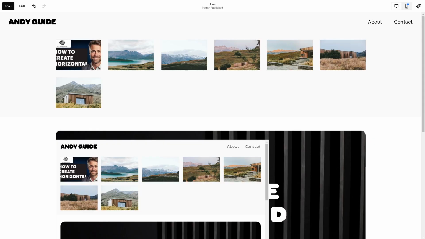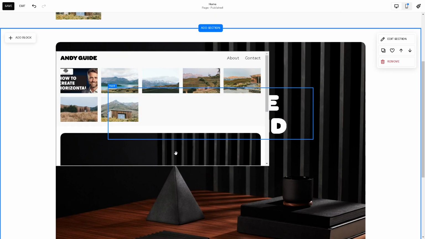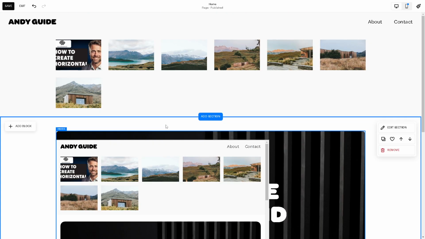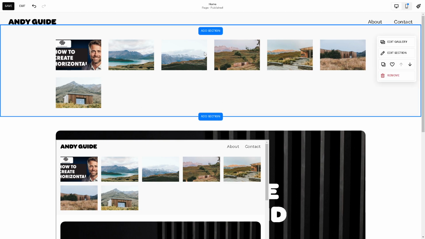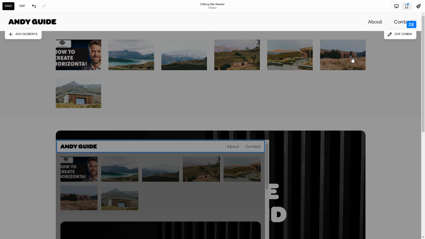Now, once you are here, to make the header menu smaller on a Squarespace website, you'll typically need to adjust the styling using a custom CSS or with a very straightforward process. Now, it depends on the template of your website, but generally, what you need to do is go to the edit site header, click on it. All right. Now from here,